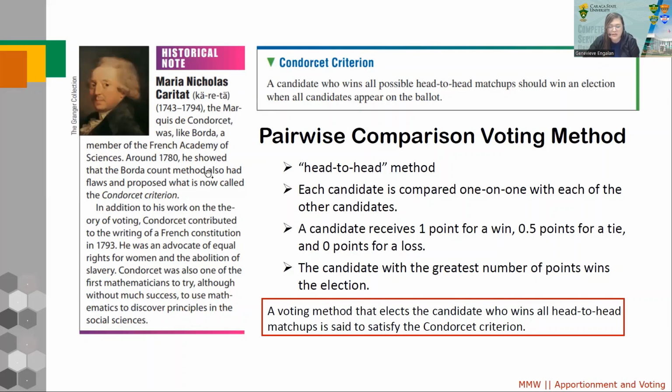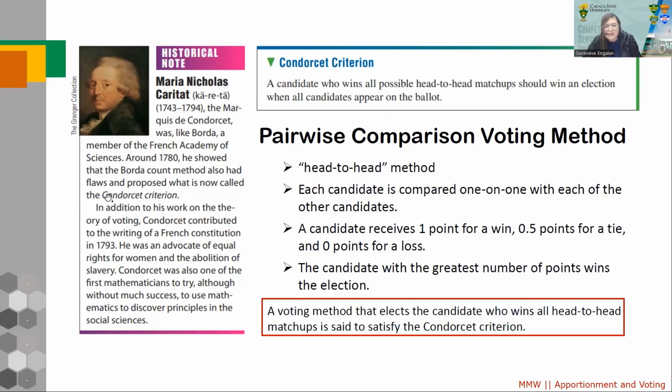So, ania na siya, yung historical note. Okay, so si Marquis de Condorcet was, like Borda, a member of the French Academy of Sciences. So around 1780, he showed that the Borda count method also had flaws and proposed what is now called the Condorcet criterion. So sa Borda count method, katong gibutangan niya points kada rank. Yes. Kini siya si